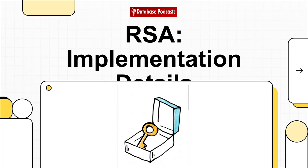So you've probably heard of RSA encryption, right? It's the magic that keeps your credit card details safe when you shop online or keeps your messages private. But have you ever wondered how it really works? Not the high-level theory, but how it actually runs on a computer. Well, today we're going to pop the hood and look at the clever engineering that turns this mathematical concept into